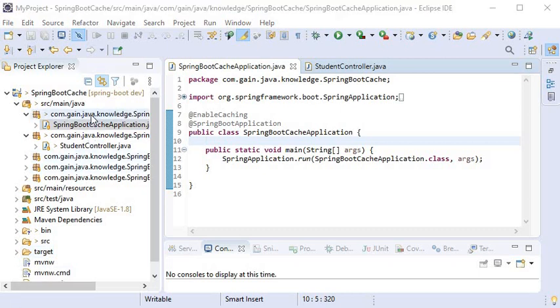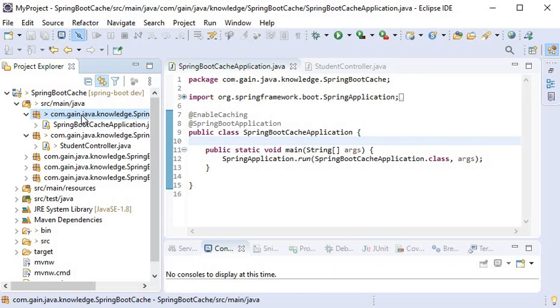Here today I will create a new interceptor that will be used to count the time to complete the request.